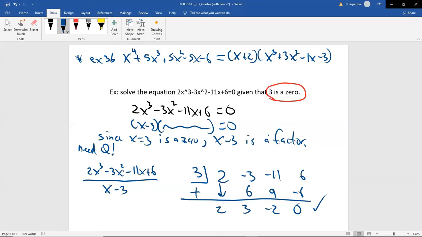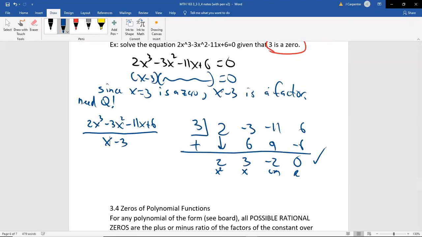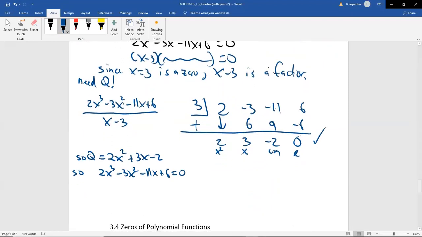But now what we have from right to left is the remainder, the constant, the coefficient of x and x squared. So we can say that the quotient is 2x squared plus 3x minus 2, which means 2x cubed minus 3x squared minus 11x plus 6 equals 0 will become the x minus 3, that was the factor, because 3 was a 0, x minus 3 is the factor, times the quotient,